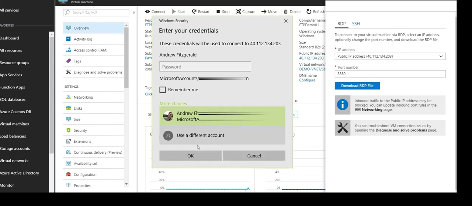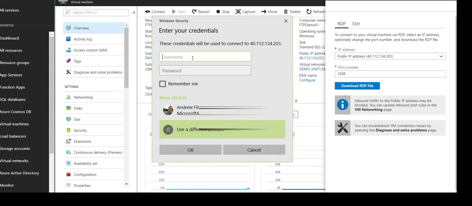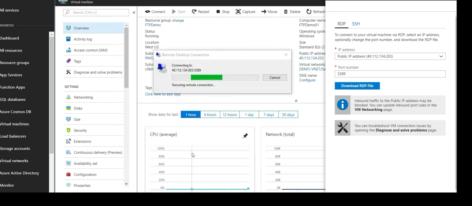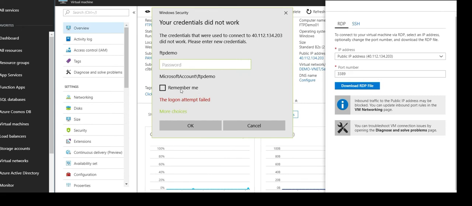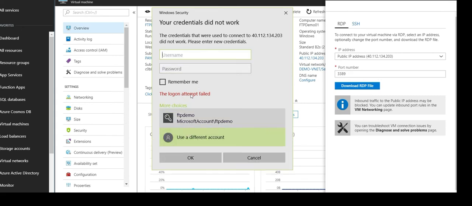and then we want to connect using the username that we created during the provisioning stage. Is that the correct username? I think it was FTP demo 1, wasn't it?